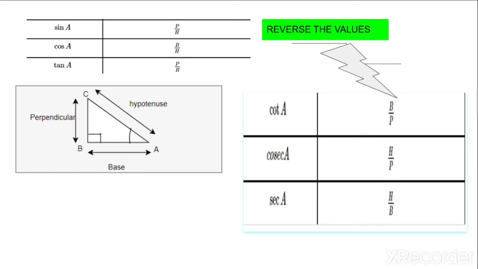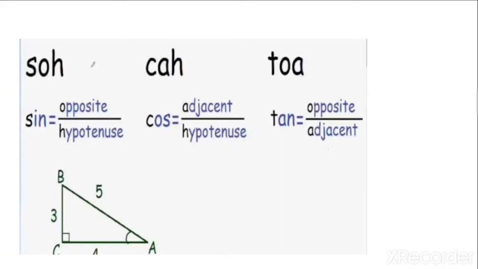Now you will say, okay ma'am, understood that for sine, cos, tan, the other 3 are the reverse. But we need to learn sine, cos and tan. And if I forget in the exam whether sine is p by h or b by h or p by b, I will get confused. So don't worry, I'll be sharing the trick ahead. Now see, once this concept is clear to you that the 3 are the reverse of the other 3, try to understand how to remember their values.